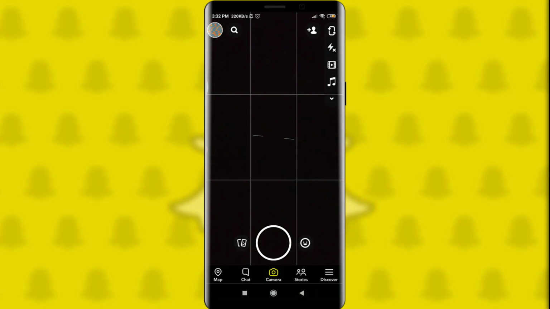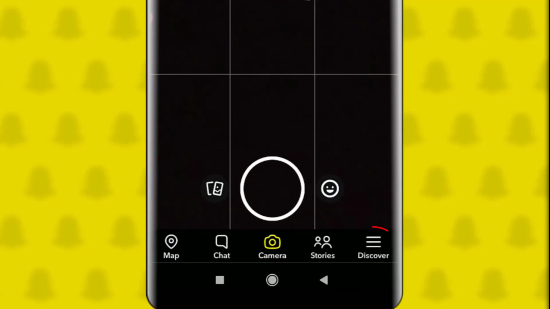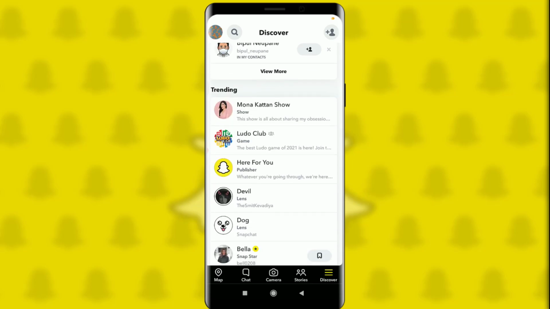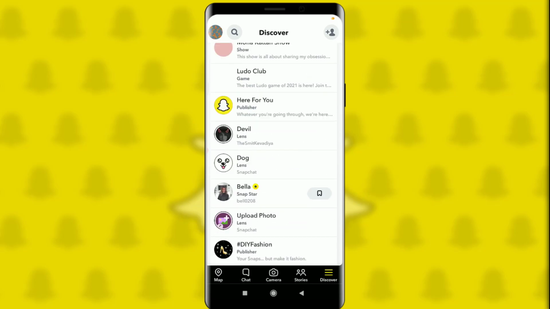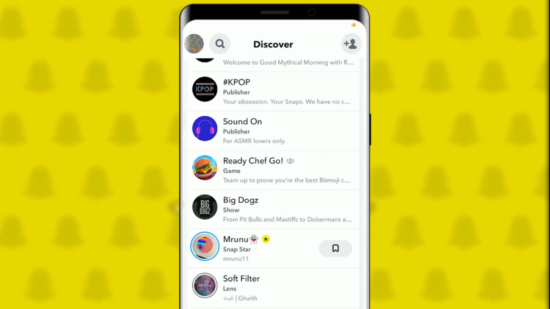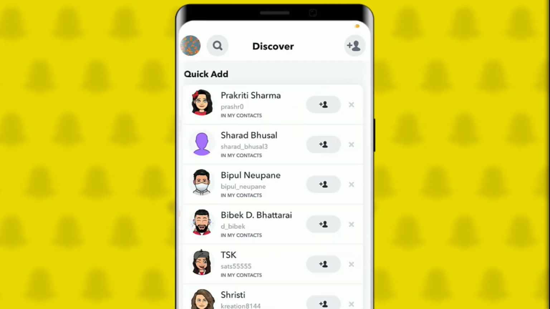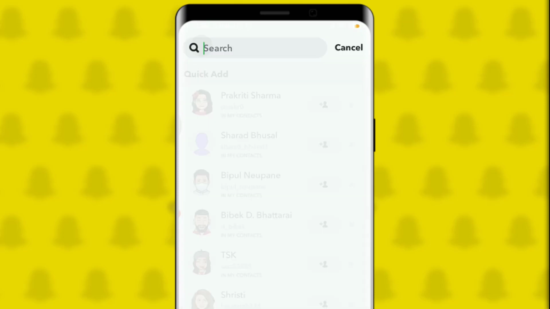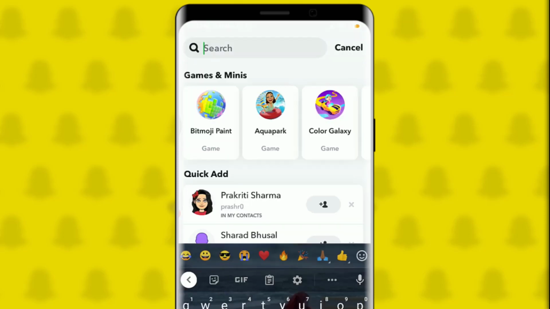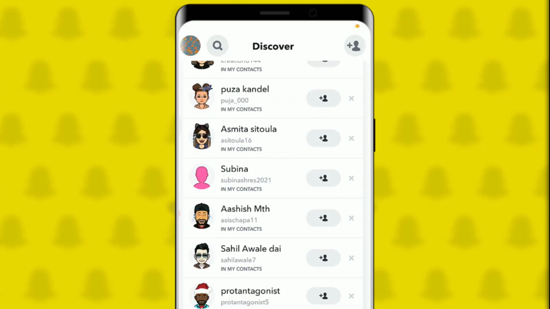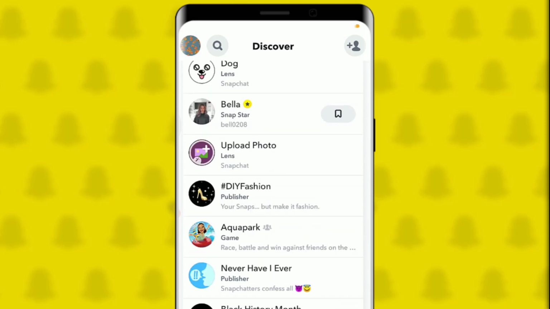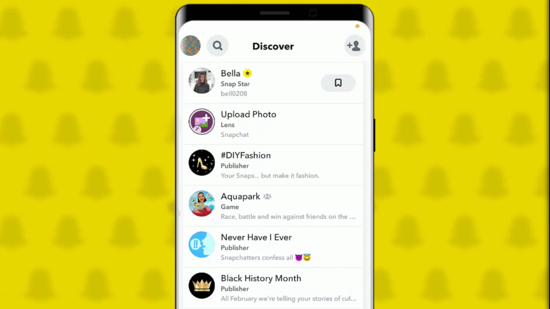So getting back on the screen, now I'm going to explain to you about the discover option. What is the discover option that is present over here? Just right of this story, just right to the stories. Discover is obviously about anything that you want to discover. The trending one or the quick add part, the people who are in the contacts, I can add them, or even I can search with this eyeglass option, or I can just add them if they are not added to me, or the trending one that I can see what has been trending this week or this day on